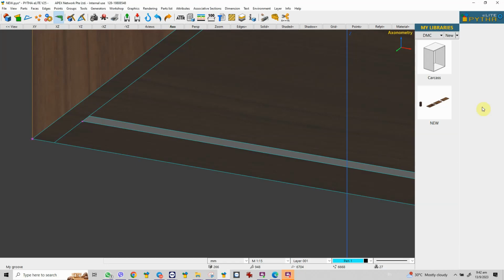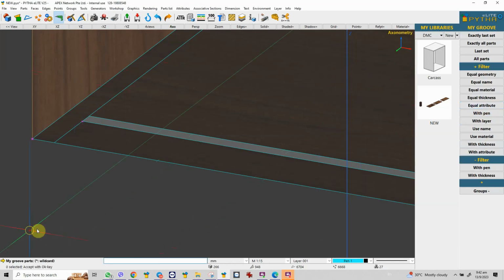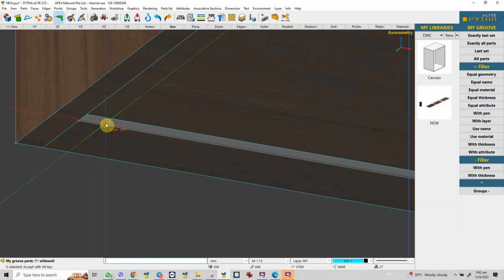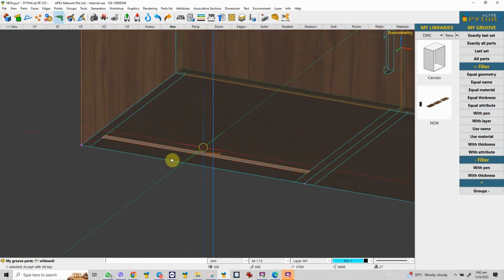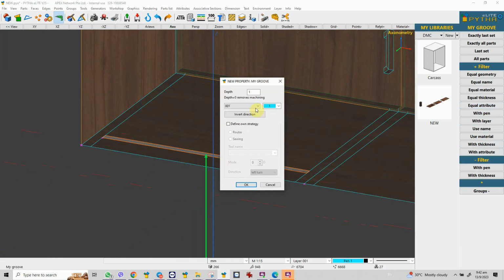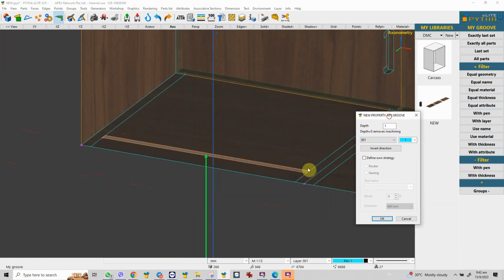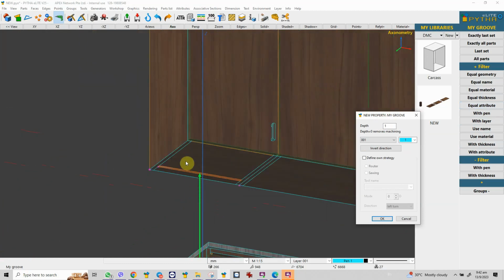Click. And now PHYTA will ask what is the part we want to groove. So I will click on the face. Can you see? I click the face and press enter. So now you see the arrow. This means that